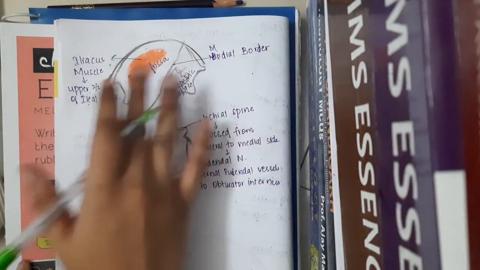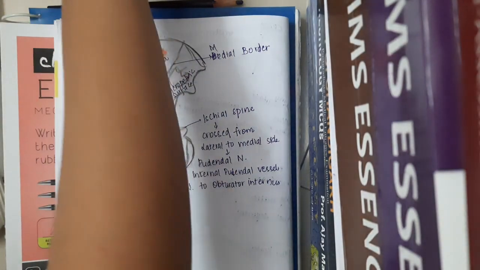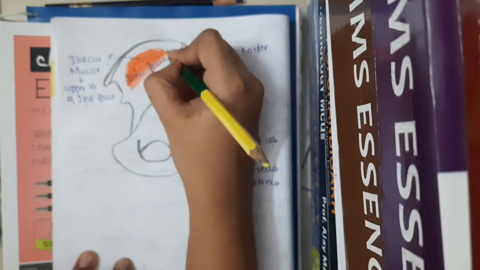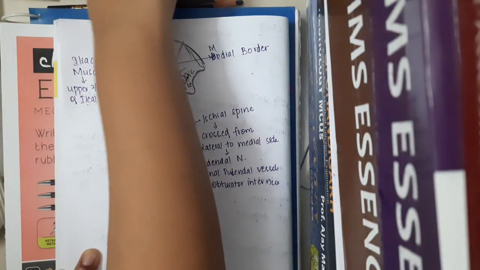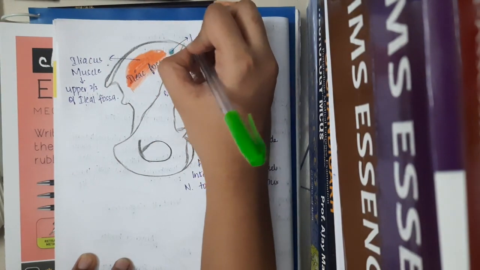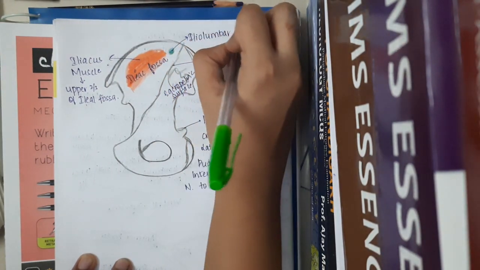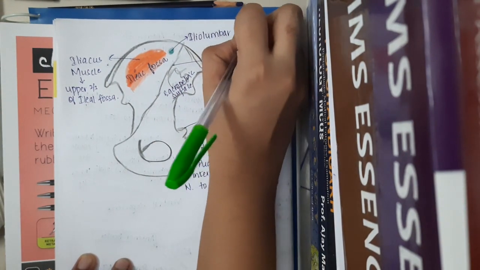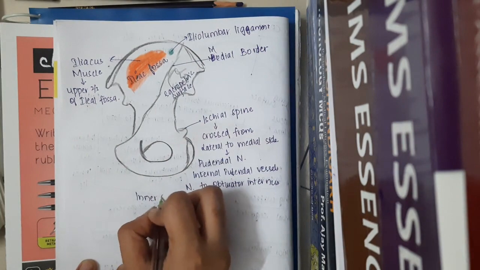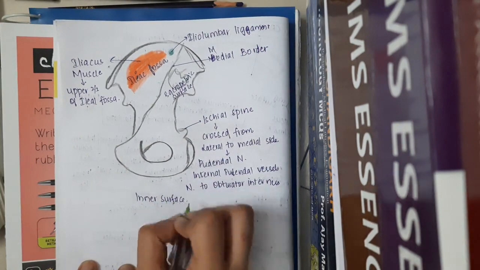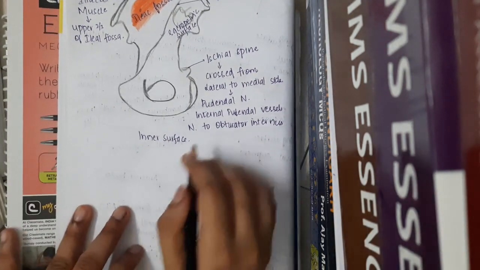Okay, right? And there is one more ligament also here, which is called iliolumbar ligament, which is present beside this iliac fossa, iliacus muscle. Okay, so this is the ligament which is called iliolumbar ligament. So this is inner surface. Now I'll draw the outer surface also. Okay, so just a minute. See, I'll draw the outer surface.